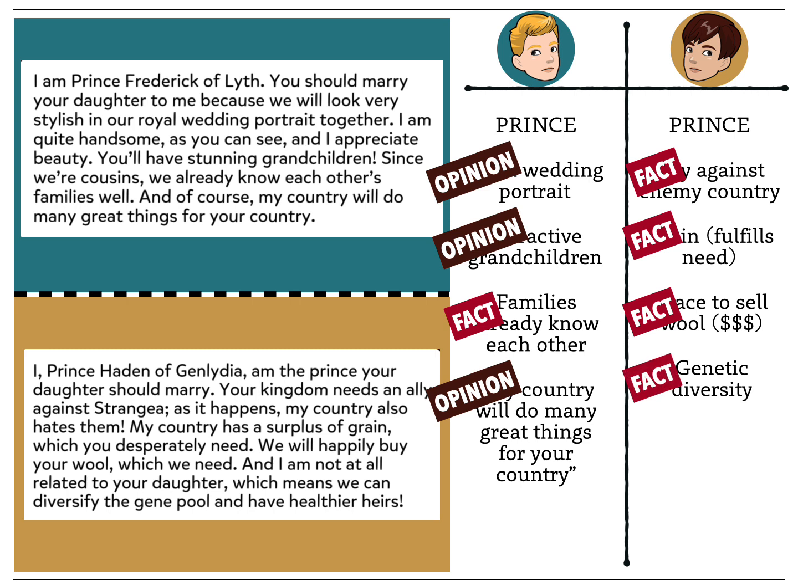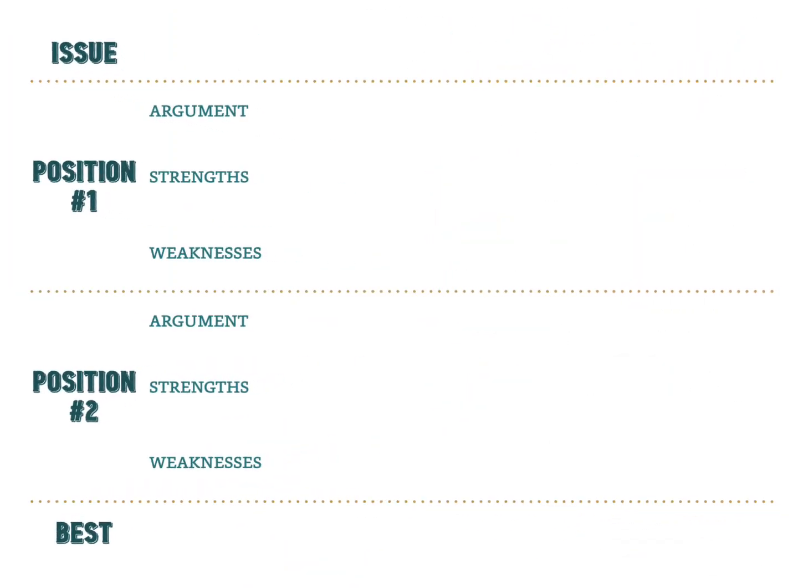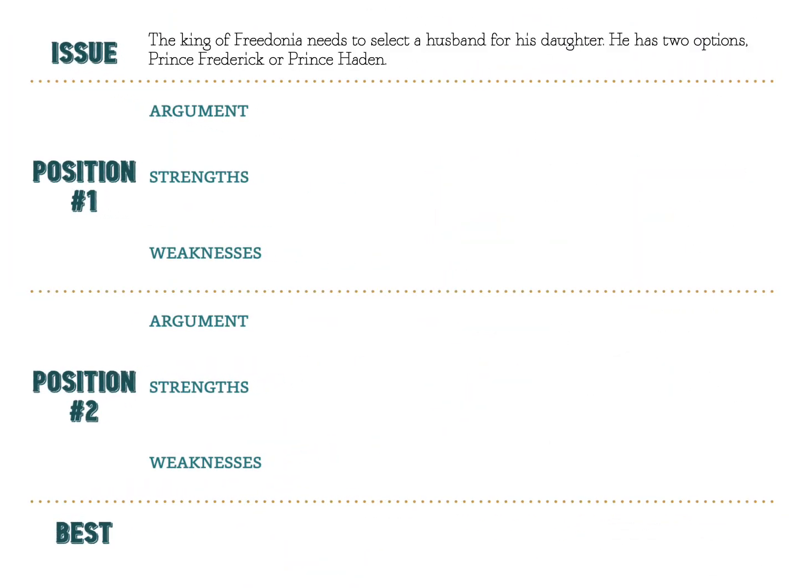And finally, his claim of genetic diversity, that's a fact, because you can prove that the two families are not related, and you can scientifically prove that it's a good idea to have genetic diversity. So, one prince has given you 3 opinions and 1 fact. The other prince has given you 4 facts. So if we were to write this out in notes, our issue is that the kingdom of Fredonia needs